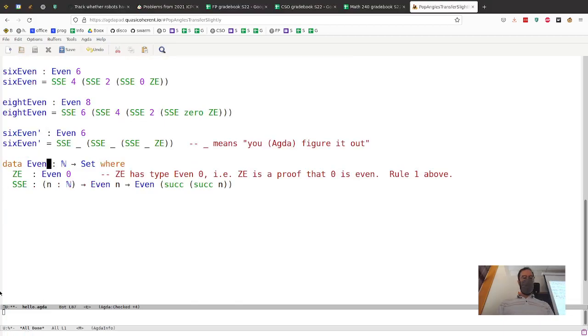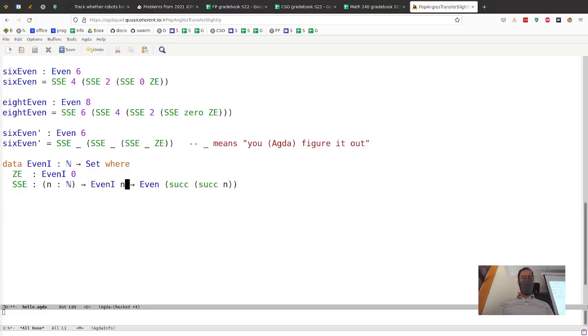I'm going to copy paste this and call it EvenI, I for implicit. And you see how we had this argument n here. Instead of in parentheses, I'm going to put it in curly braces. The curly braces mean it is an implicit argument, meaning we don't actually have to